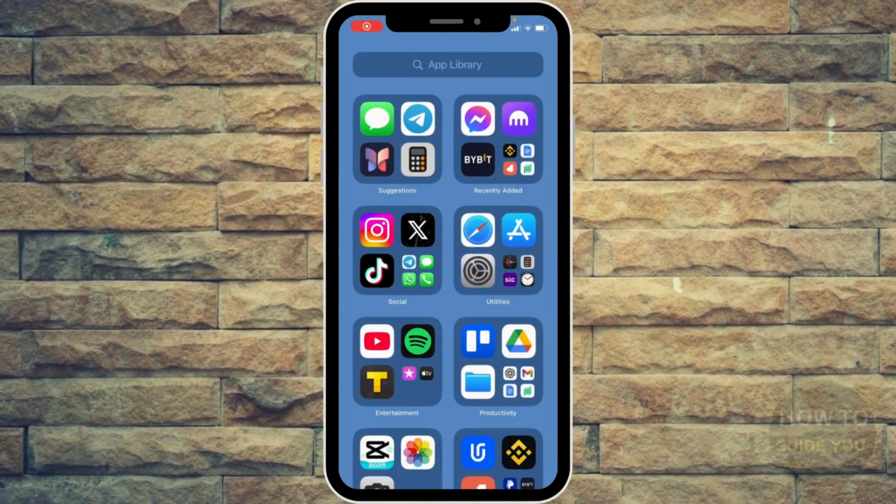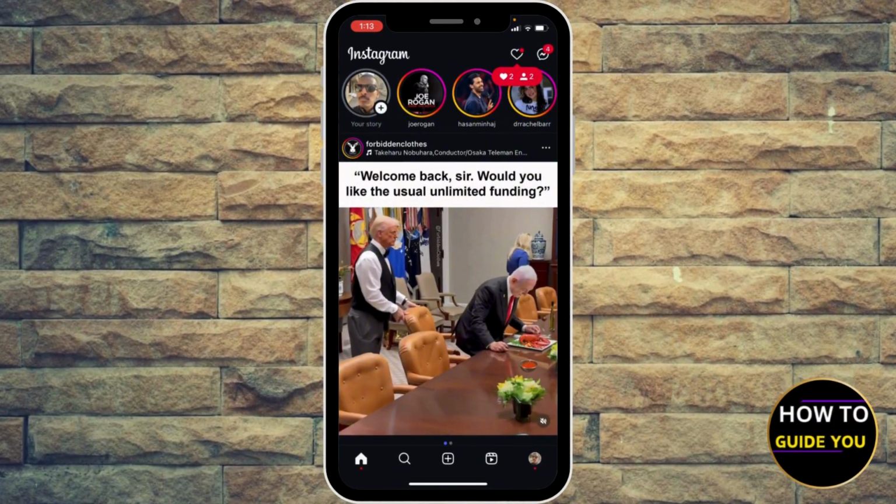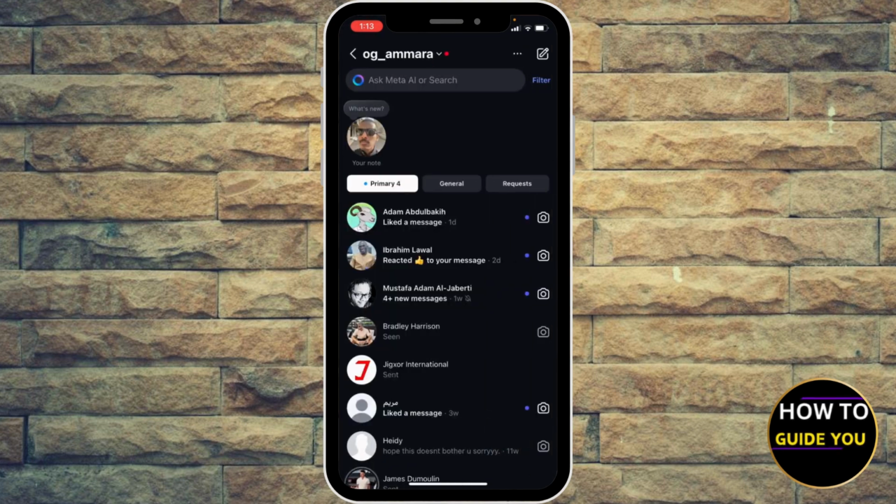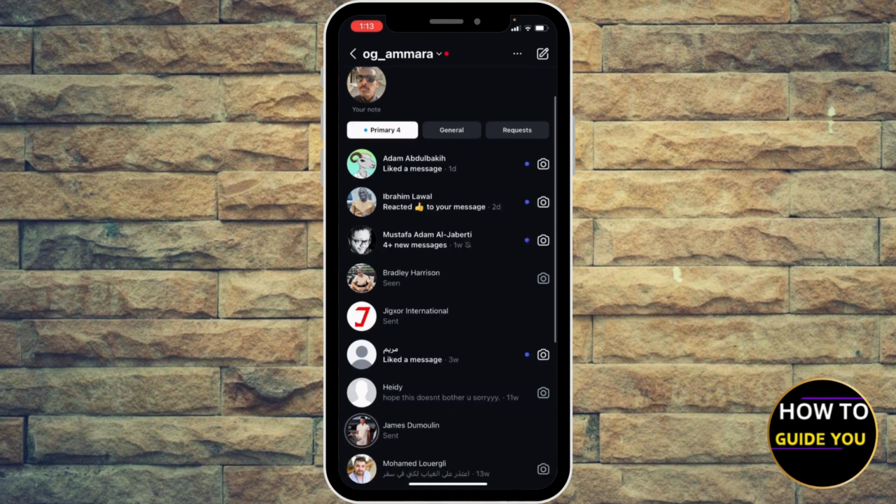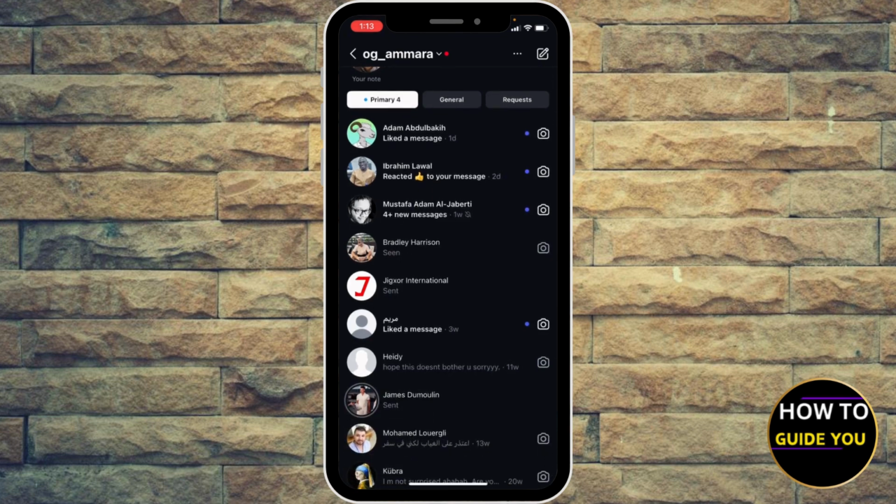How to change someone's name on Instagram chat. So go ahead and open up the Instagram, right? And then what you're gonna do, go ahead and click the DMs at the top. Okay. Now what you're gonna do, you're gonna just go ahead and click the person that you want to change